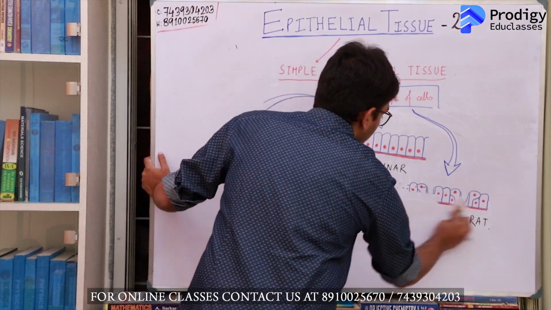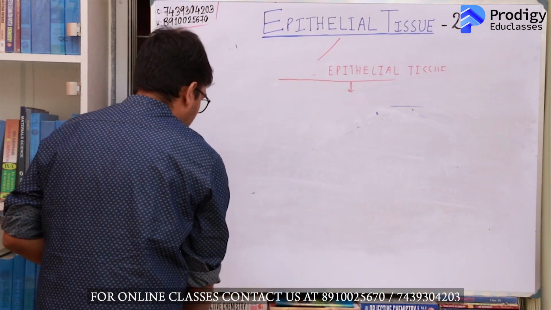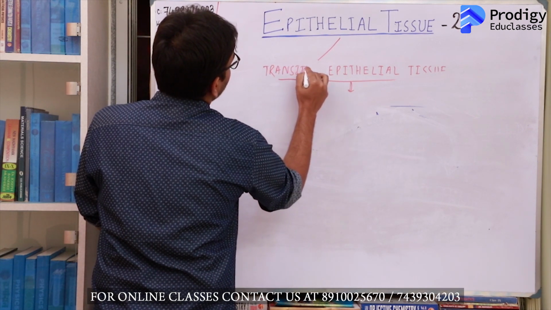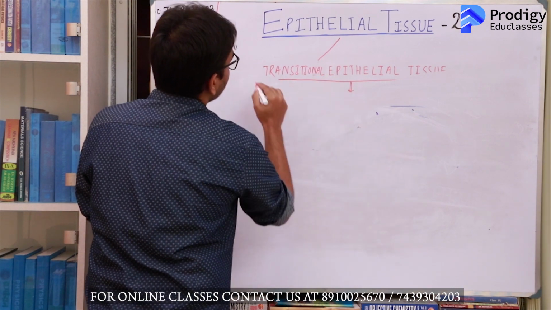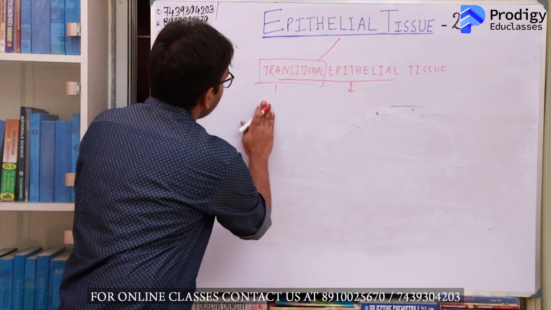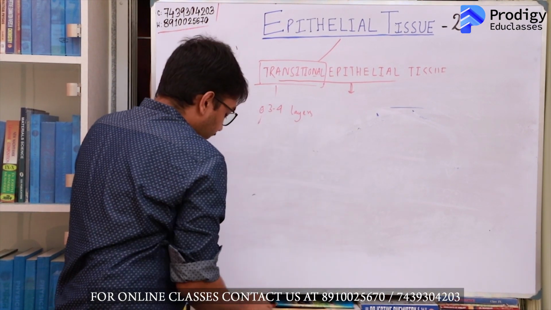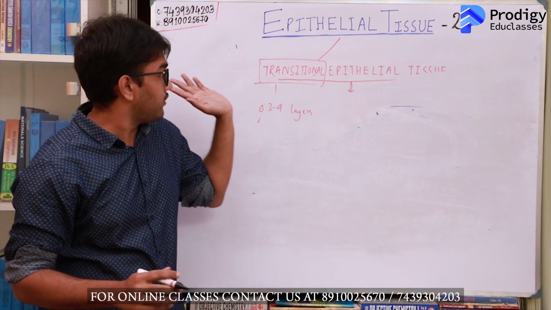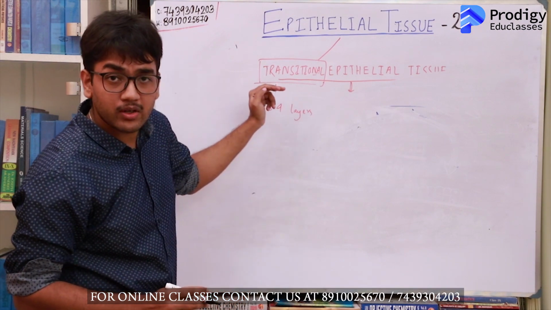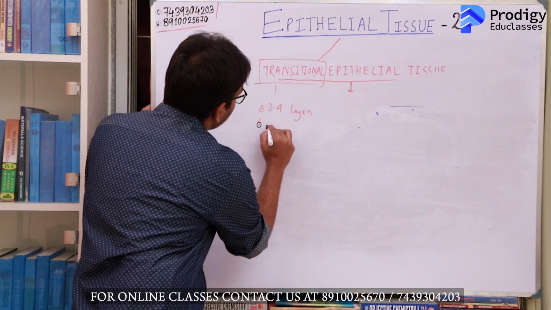Next we will come to the discussion of transitional epithelial tissue. Now you don't really need to know a lot about transitional epithelial tissue at this level. Just know that transitional epithelial tissue has 3 to 4 layers of cells. The cell membranes, I told you in the previous part on simple epithelial tissue, that when we look under a microscope, we are able to appreciate the basement membrane and the layer of nuclei. Now transitional epithelial tissue has very prominent cell membranes,